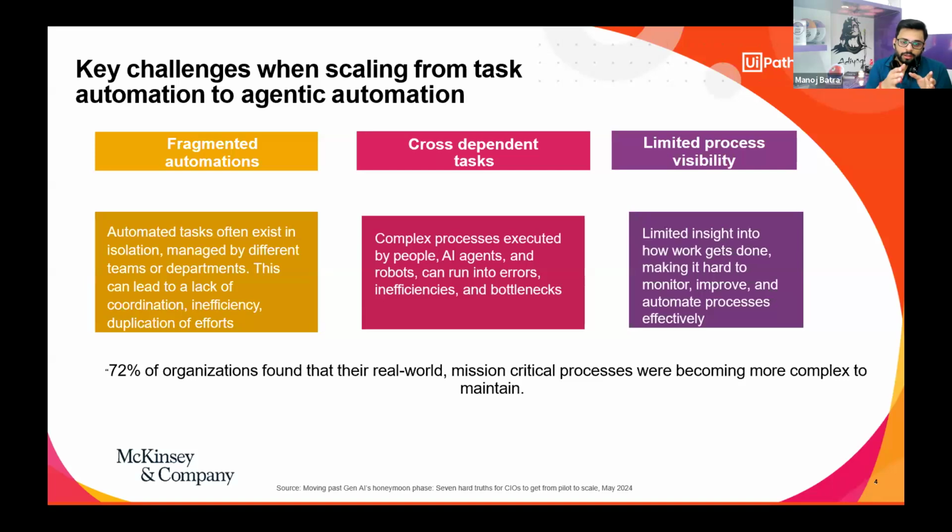If you see here, all the steps are quite interdependent, and if one of them fails, maybe the AI system can't read the document, or your human forgets to approve the request, then the whole process gets stuck right there. This is what I mean by cross-dependent tasks. Everything is connected, and it is very hard to keep everything running smoothly if we don't manage the flow between all these steps.